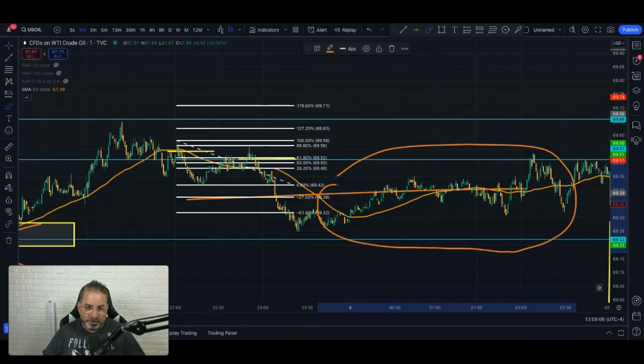If your psychology is, I cannot close my trade, then this is not a trade for you. Because as you can see, this can run 80 points against you real quick. Okay, so this is to be able to preset that either mental stop loss or physical stop loss, get out, and then look for the next setup. And if you do this over a span of 2 or 3 hours, I can guarantee you're going to find the one runner that's going to offset even maybe 1 or 2 losses that you had. Okay, you just need one.